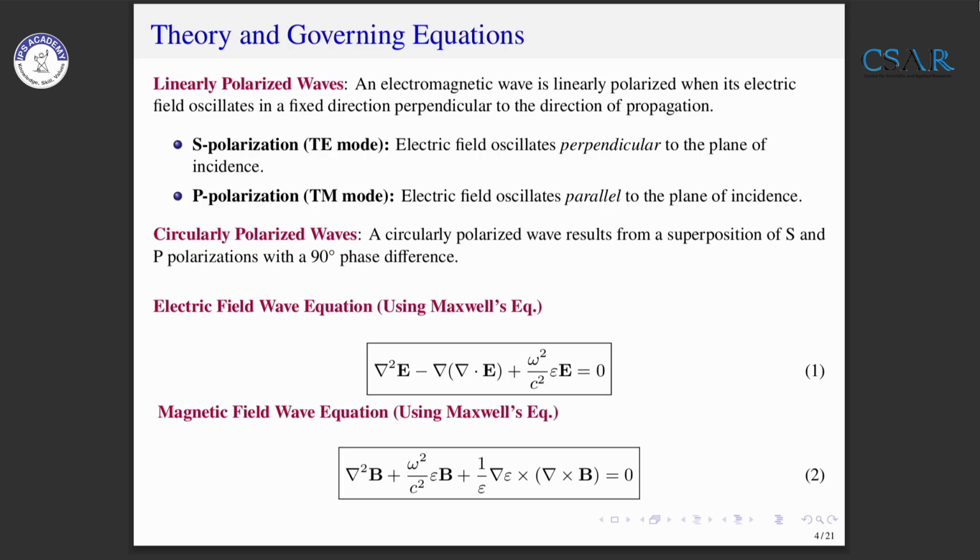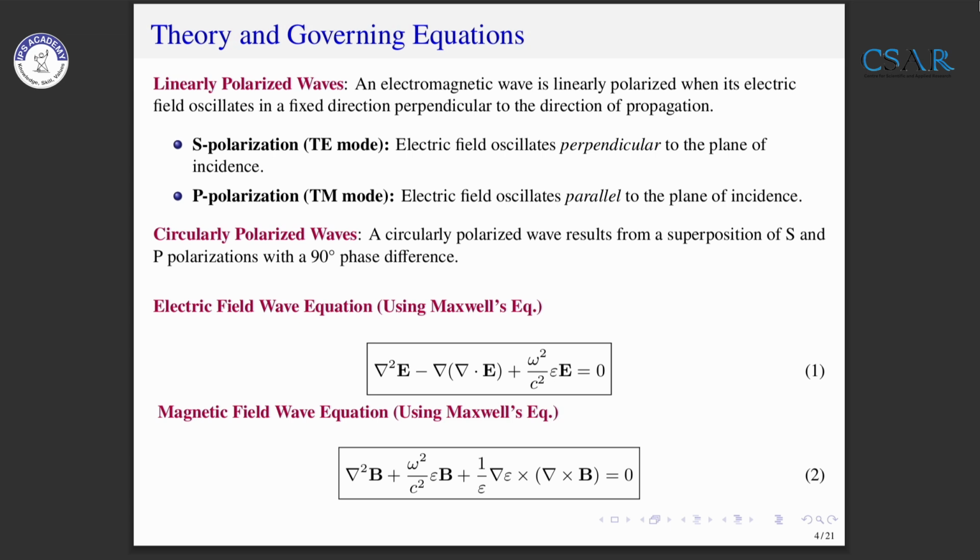These are the theory and governing equations. What is linearly polarized light? There are two kinds of linearly polarized wave. The first is S-polarized wave, when the electric field component is perpendicular to the plane of incidence; the electric field component parallel to the plane of incidence we call P-polarized light. Circular polarized light is the superposition of S and P polarization with a phase difference of 90 degrees. And these are the governing wave equations